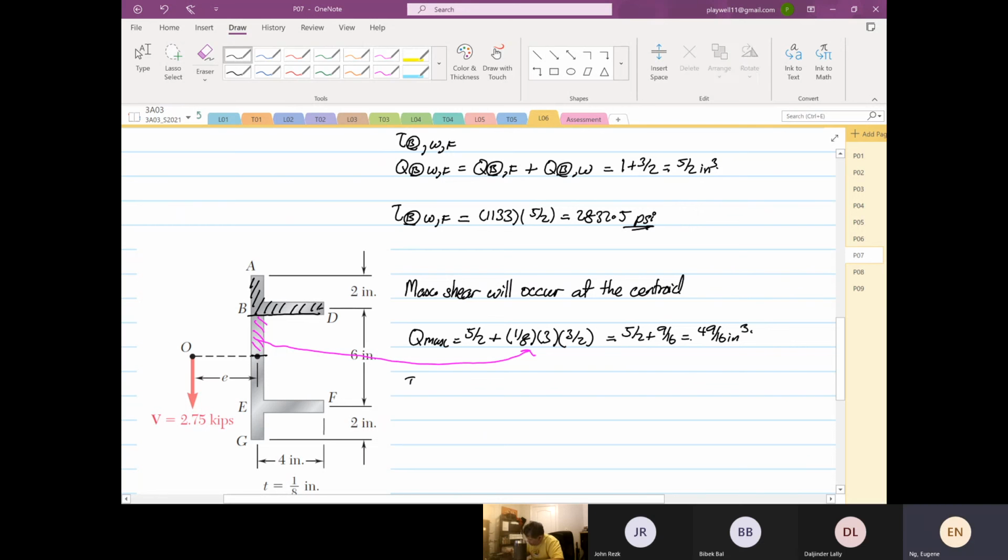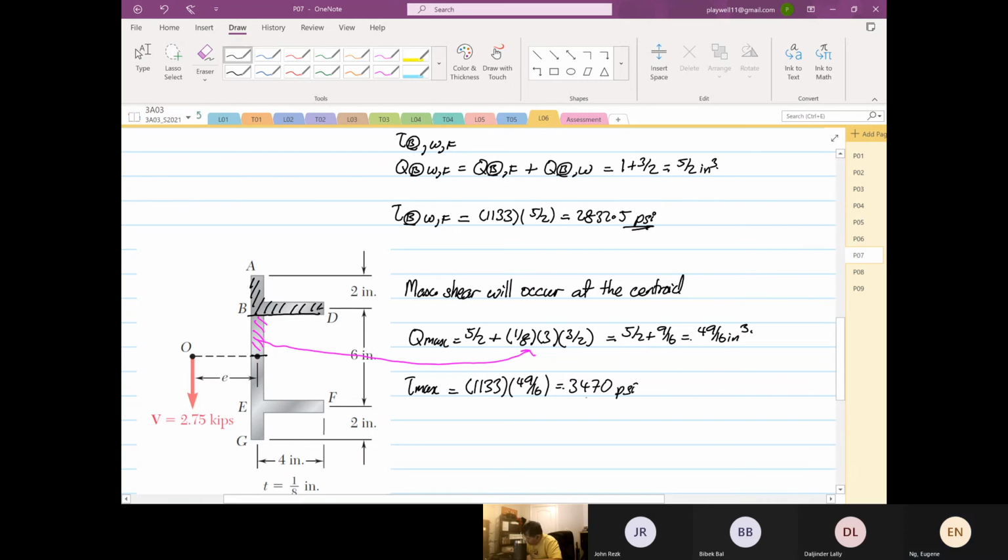So your tau max will be equal to 1133 multiplied by 49/16. Okay, so 1133 times 49/16 is equal to, hmm, there's something wrong. Is it 3469 or 3470